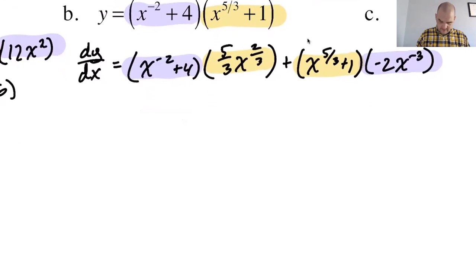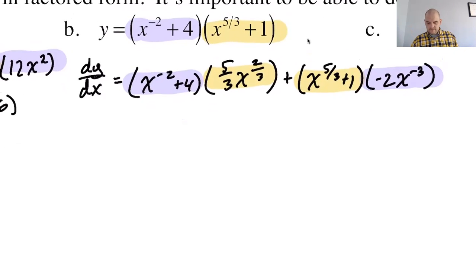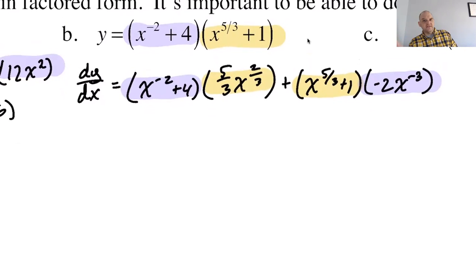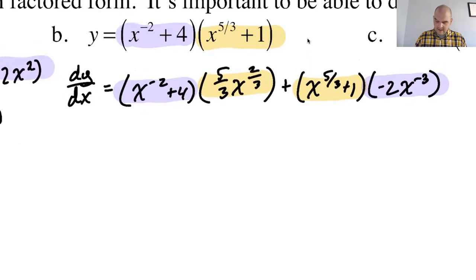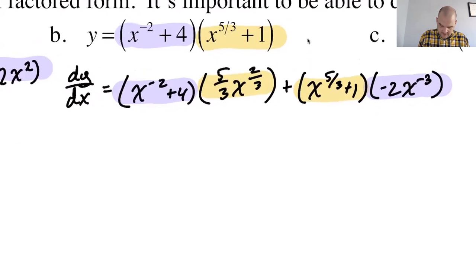All right, so in general, if someone just said find the derivative, but they didn't say simplify it, or if you had to evaluate this, the only value I can imagine plugging in here would be 1, maybe -1. But if you had to evaluate it, just go for it here. Don't bother simplifying. But if you have to simplify, let's see if we can do it. So dy dx